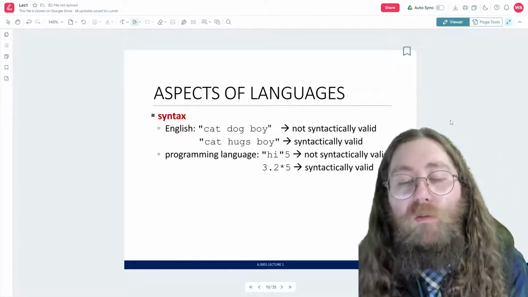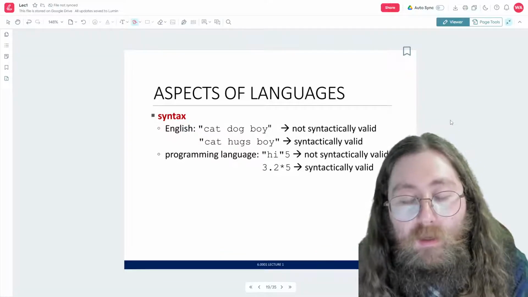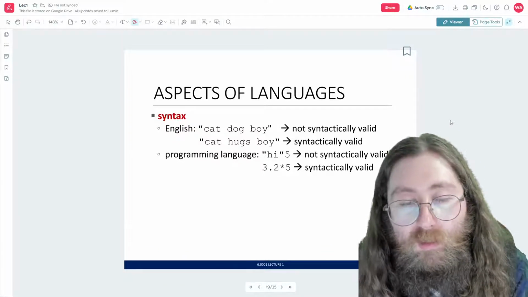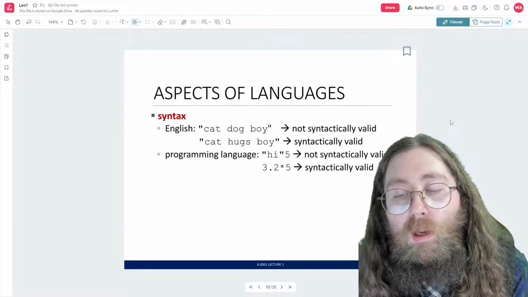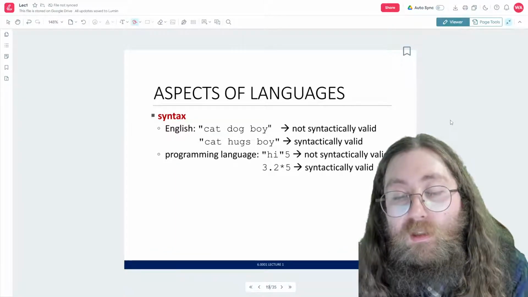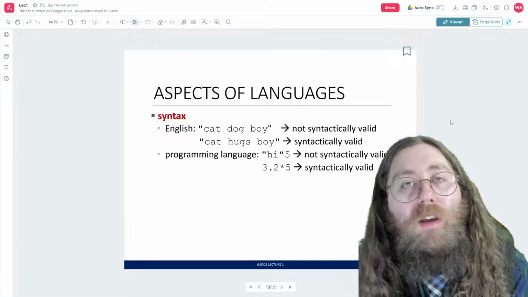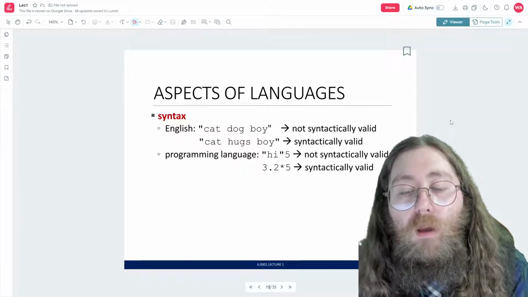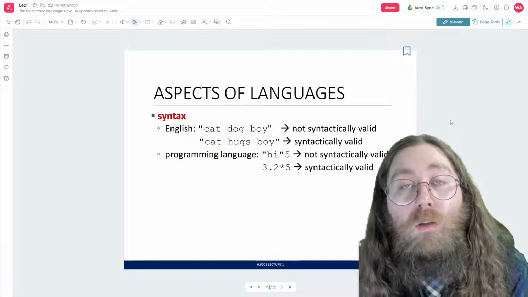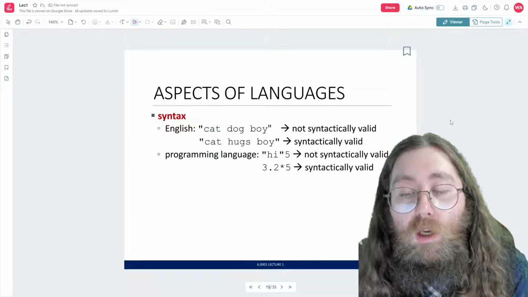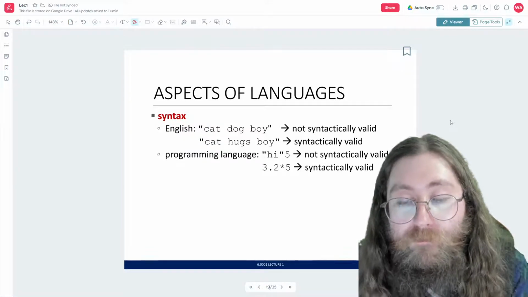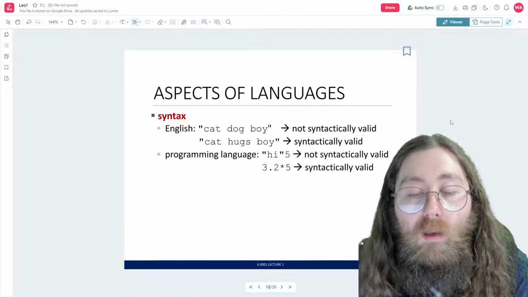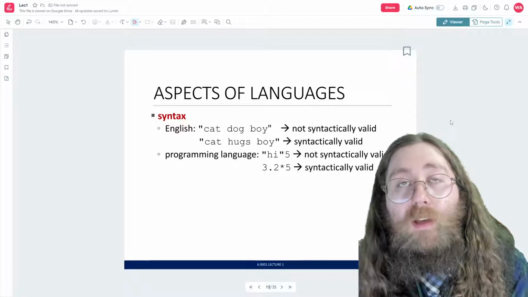Another aspect of language is syntax. So this is a great example. In English, the sentence "cat, dog, boy" is not syntactically valid. When I say that, it doesn't have any discernible meaning. But if we say "cat hugs boy," then you immediately know what I mean, right? And that's because it's syntactically valid. So in Python, we have the same thing.